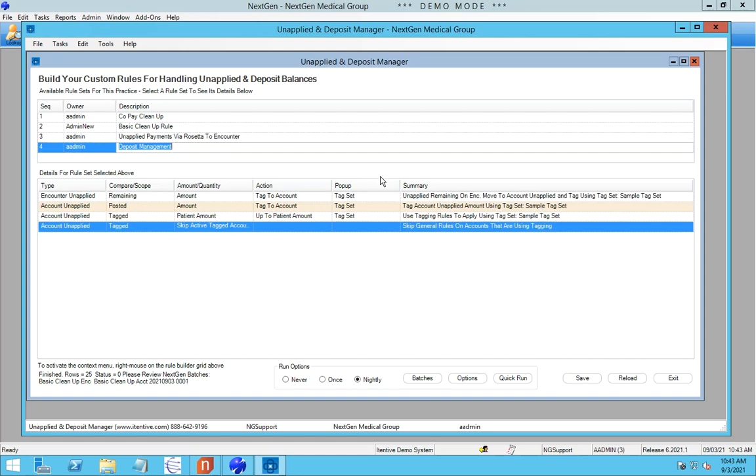And then the last thing I wanted to talk about as part of our demonstration here today is deposit management. Deposit management is something truly unique to the Unapplied and Deposit Manager. One of the things about deposits is that the patients give you money for a specific purpose. It's not that they're giving you a check to pay down their balances. They're giving you money for a